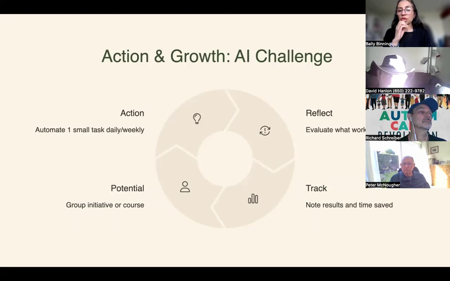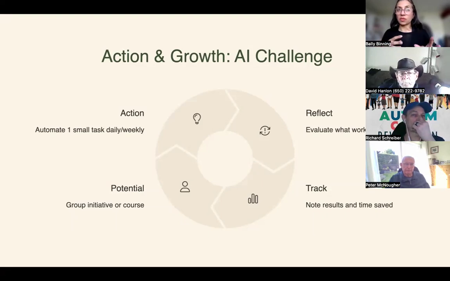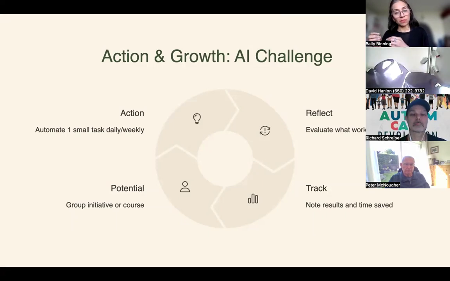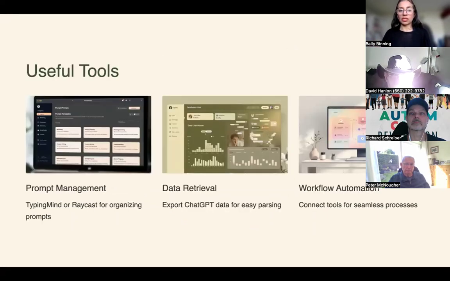And you want to also track and keep a record. Does it do a good job? Peter's been looking to see, actually, it's not doing a good job. Hence, I need to look at something else because it's missing the information. It hasn't got the research capabilities, or perhaps I'm not getting into the tool that is good for research. So yeah, that's one of the things I would also say.